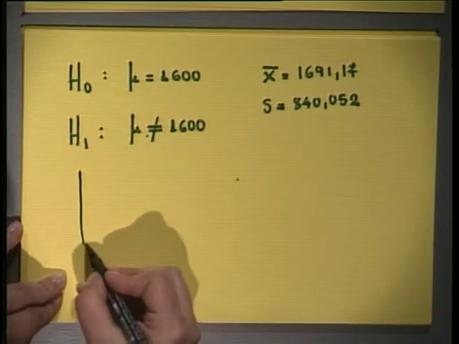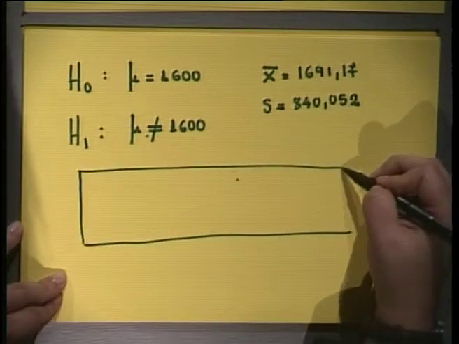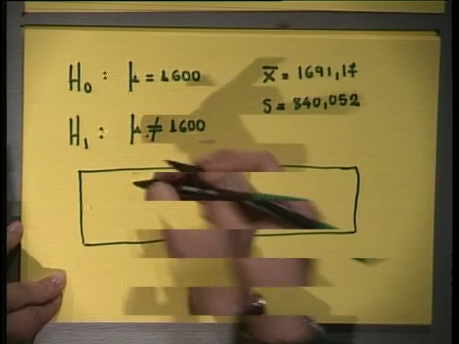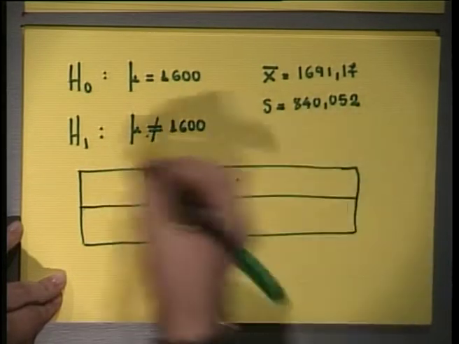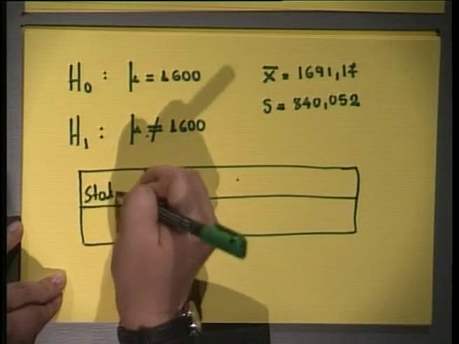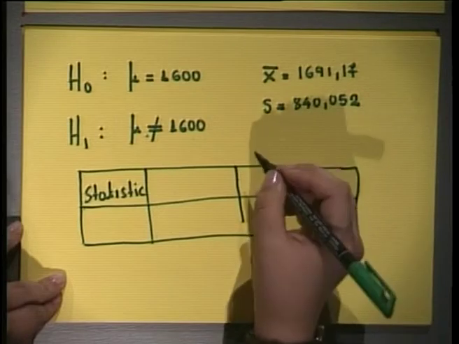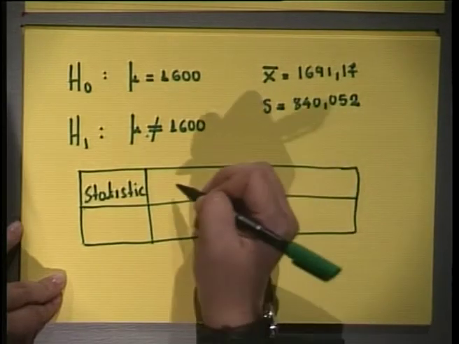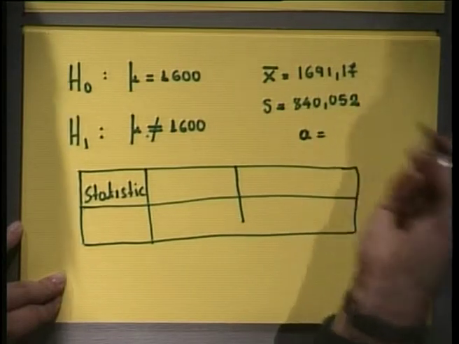As before, we are going to construct our table, which will consist of the statistic and the value of the distribution. Let's choose alpha equals, for example,